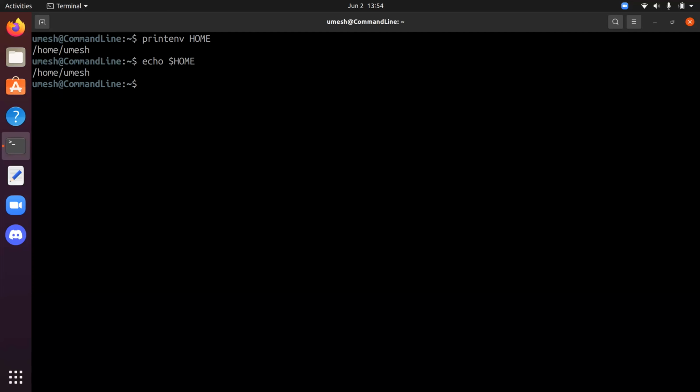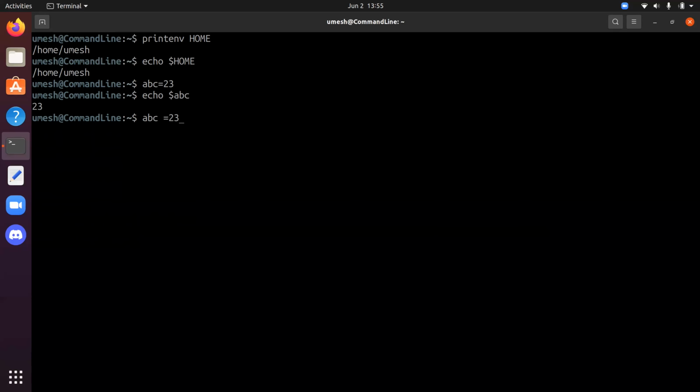Now let's talk about user-defined variables. Defining a variable is an important part of any programming language, and we can do so in shell scripting as well. Like in many other programming languages, a variable is given a value using an equal sign, and in shell script, you can access that variable's value using a $ sign. One important thing to note is that when you assign a value to the variable, there should not be any space between the variable name, equal sign, and the value of the variable. So if you want to print that value, echo the variable name. Assign a value to the variable with an equal sign and get the value of the variable using the $ sign.